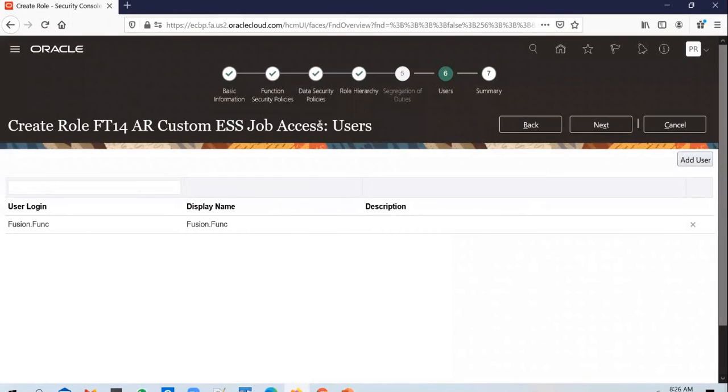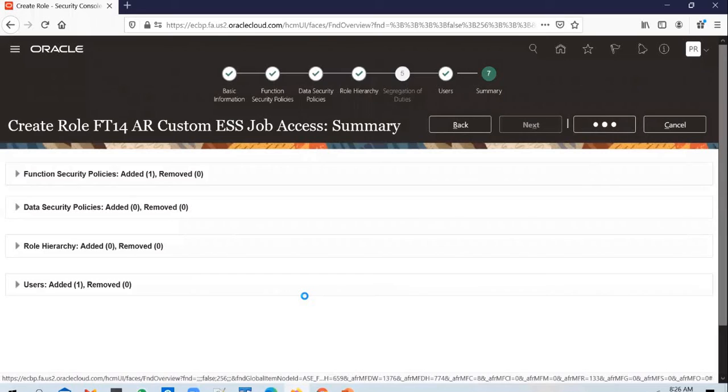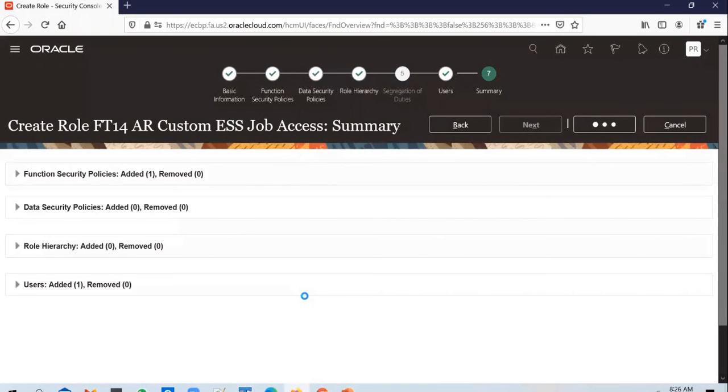So what happens after this role is created and assigned to this Fusion.Func user, now if he logs in, even if he doesn't have AIC role, he will still be able to access and run the FT14 AR invoice print report, because we are giving him explicit access here. Okay, this is how you do it. Save and close.